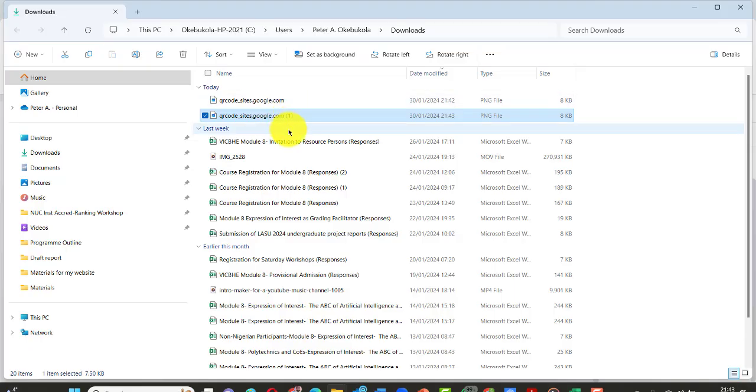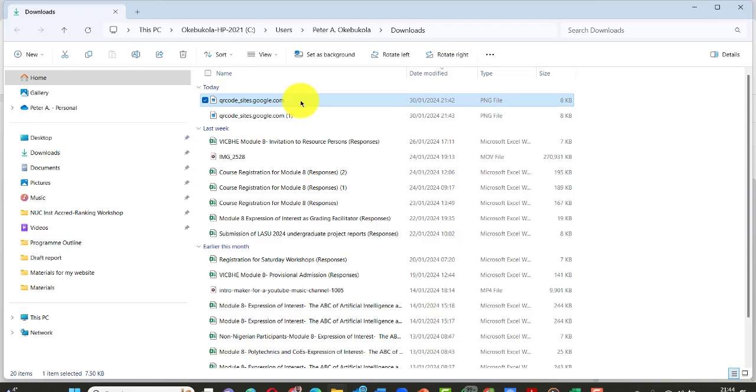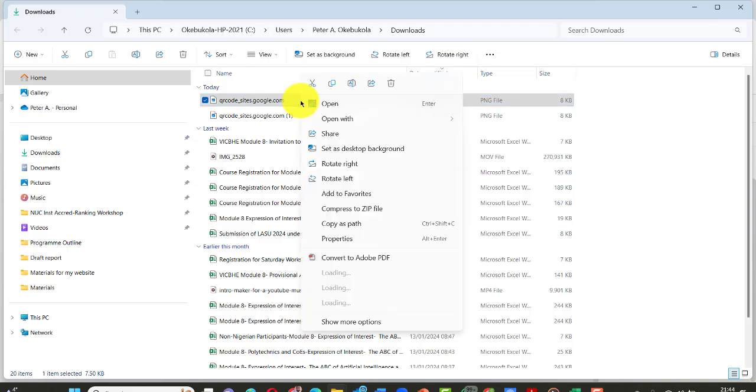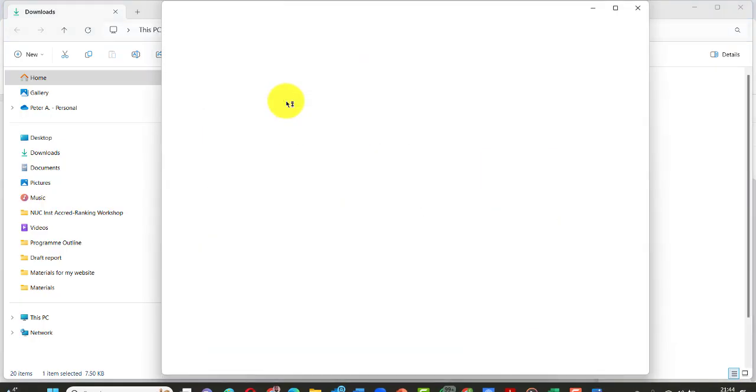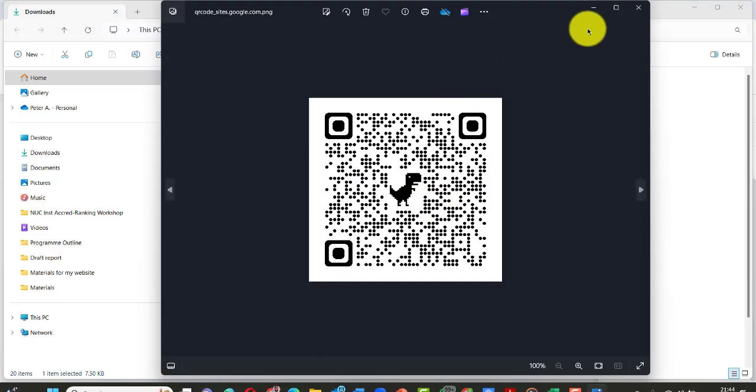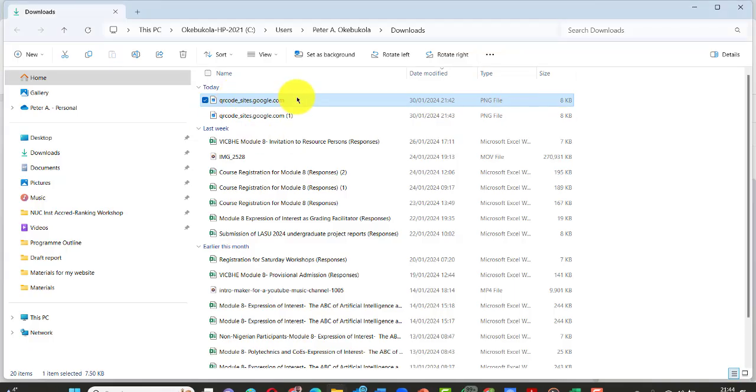But because we want to differentiate your own QR code from the QR code of another, what you need to do is to right click here and then rename it. You actually can do it like this. Yeah, that's the QR code, but that's not what I want. I want to rename this. So just find a way of renaming this to Okebukola